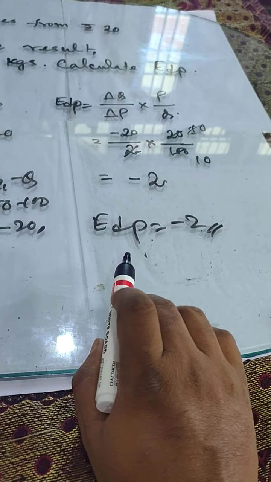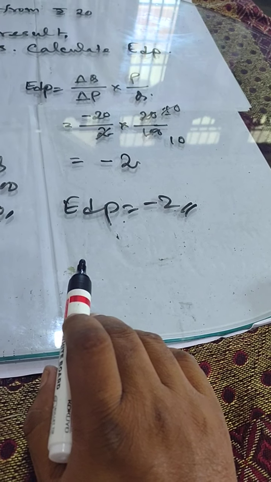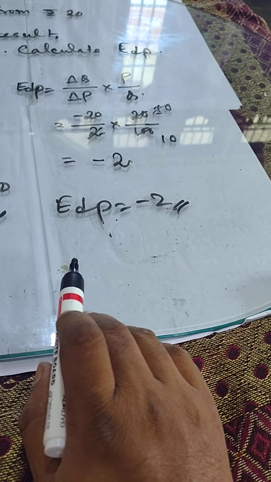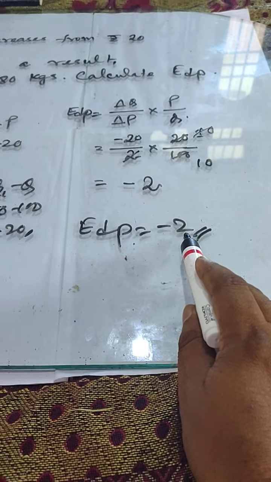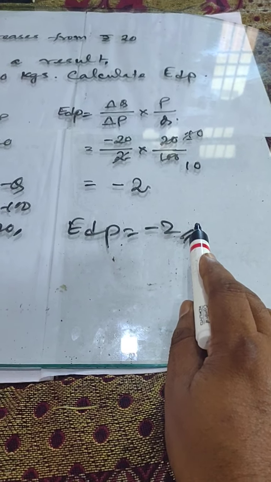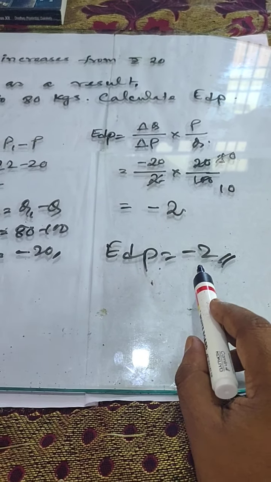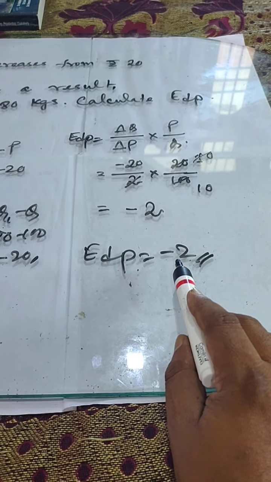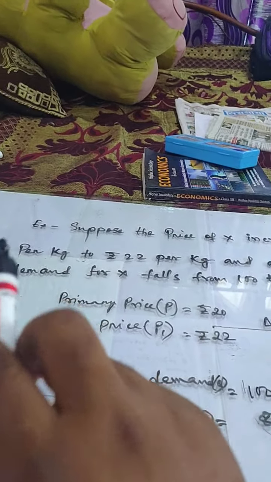And the second notable point is what? Price elasticity of demand is always a negative number, as the demand for a good is negatively related to the price of the good. Therefore, the negative sign is generally ignored. It is understood. That means it is always a negative value, because there is an inverse relationship between price and demand for the commodity. That's why the value will always be negative, but we ignore this negative sign while we express the value of the price elasticity of demand. I think you all understood the problem, that is, the example that I have taken.